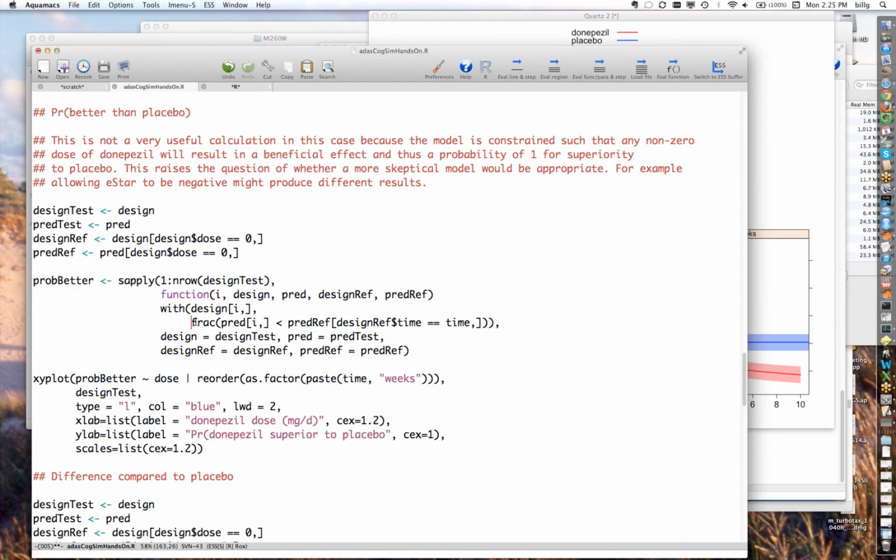The main point here is that it's going through the various design elements here. So we're matching up the appropriate times together for the placebo and active treatment arms here. And then for each one of those, it just calculates the fraction of cases where the result for donepezil is less than that for placebo. And that fraction corresponds to an estimate of the probability that donepezil at that dose is superior to placebo, and then plotting those probabilities. And what we get,